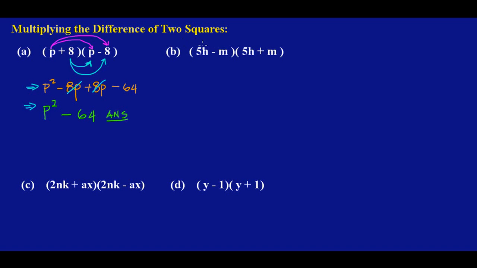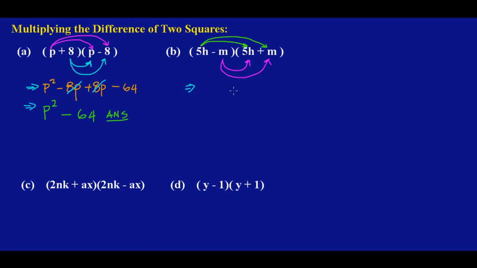Again, we're going to be doing the same thing. In this case I'm going to use 5h to multiply 5h. Okay, and then 5h is going to multiply that m over there. That's what I'm doing. And again, I am going to use negative m to multiply 5h there, and then I'm going to use the same negative m to multiply m there. Okay, and we can look at it. It's pretty easy. Okay, so this implies